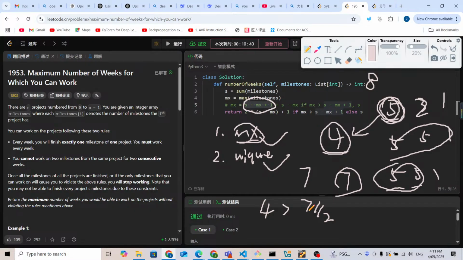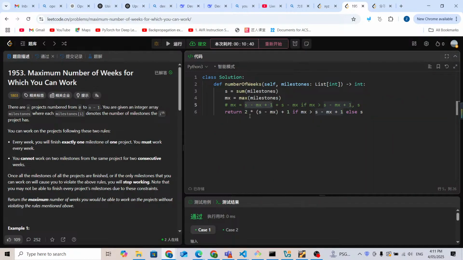Here we're going to choose the floor of 7 divided by 2. 4 is more than that, so even if we reduce this number, it has to be the maximum number. It has to be the unique number. It cannot have another 4 because 4 plus 4 is going to be 8, which is more than 7. So this is why we have to use this formula, and it's always going to work.